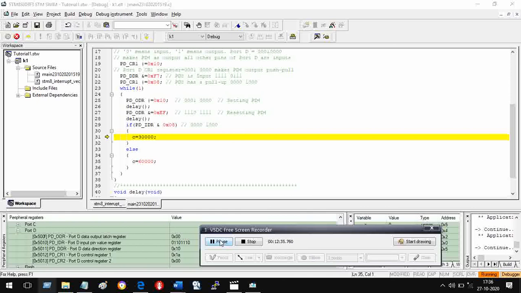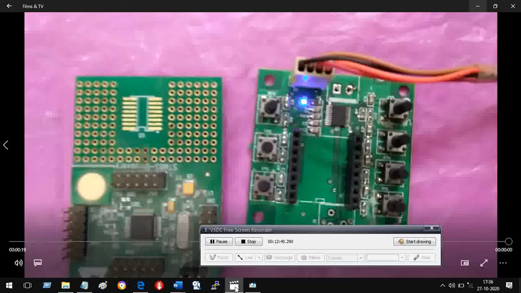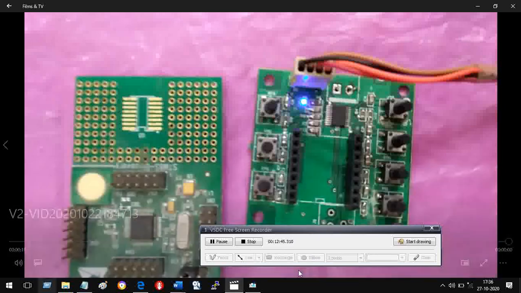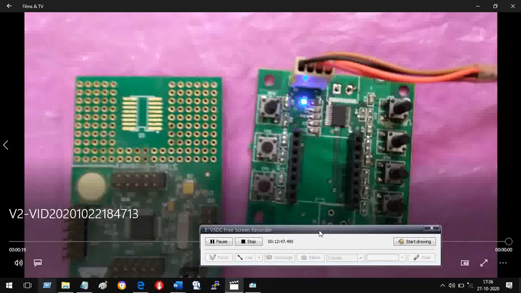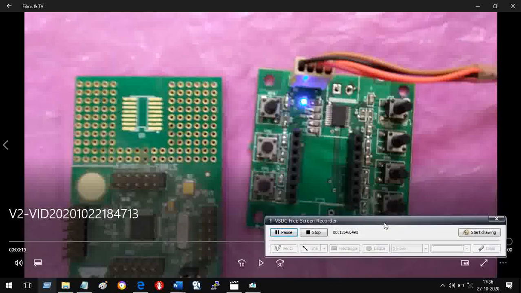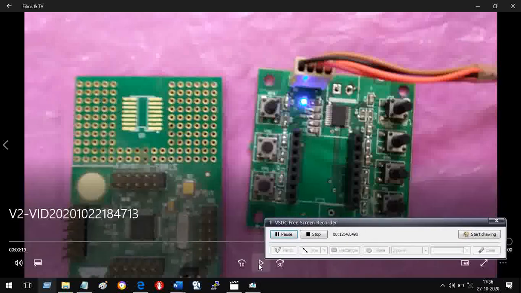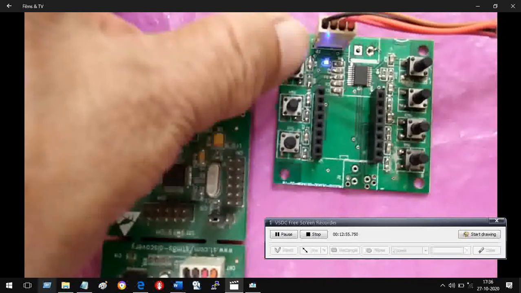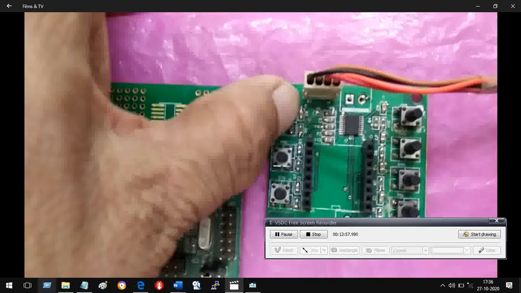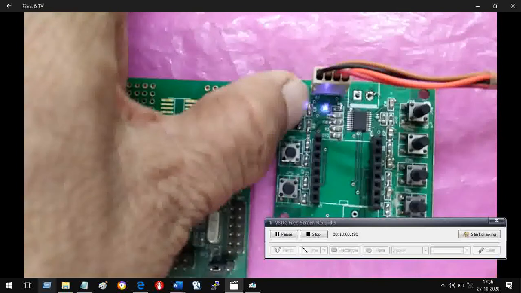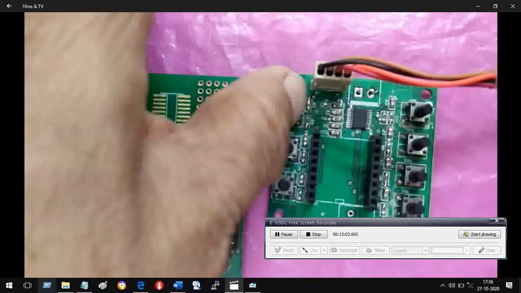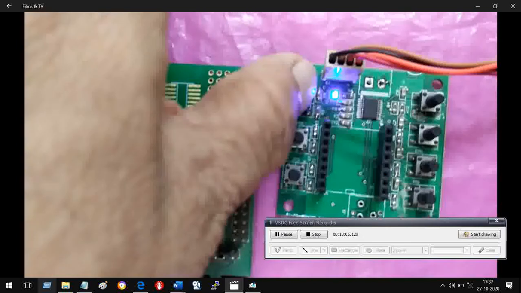It is running at full speed, and let us see the video. So it is running at a particular speed. When I press the key, it becomes slow. When I release the key, it becomes fast once again, and that is how we are using this.